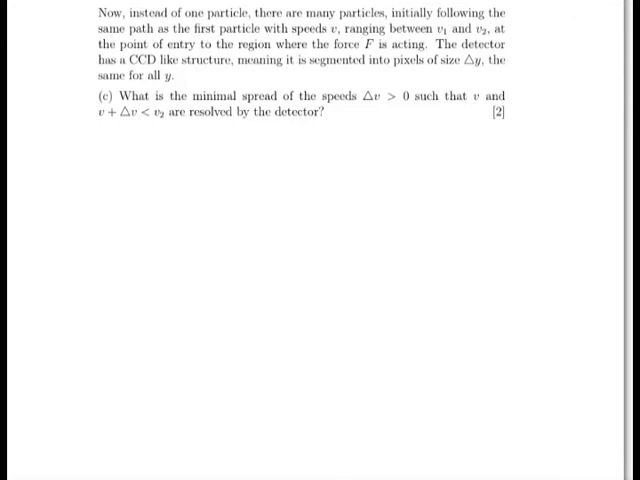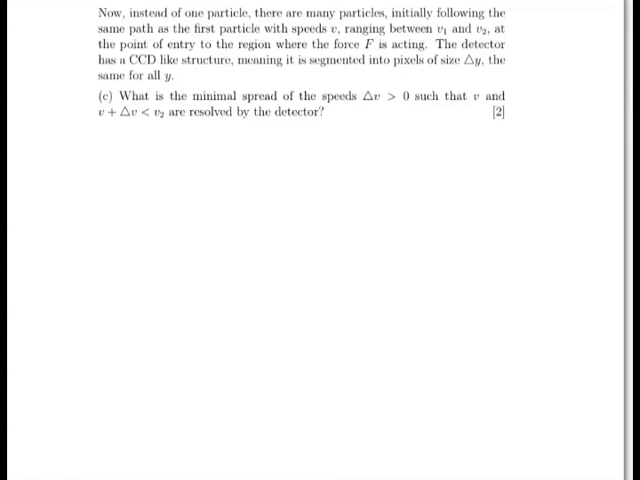So what is the minimal spread of the speeds, delta v being greater than 0, such that v and v plus delta v is less than v2 are resolved by the detector. What a confusing way of writing it, but what it's saying here is that